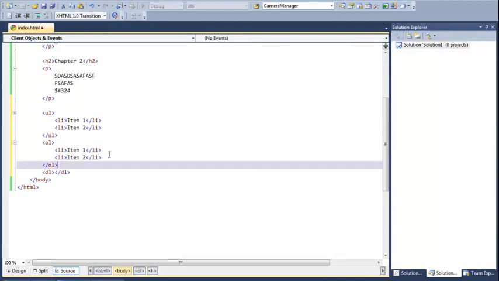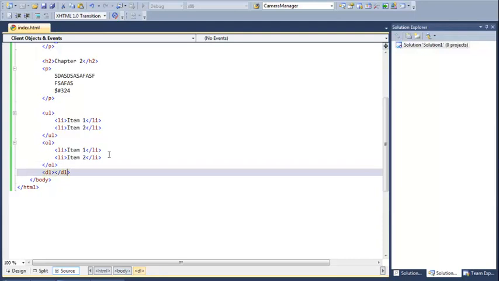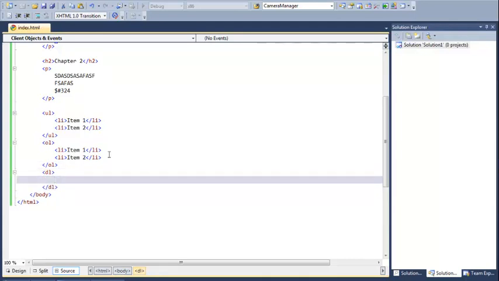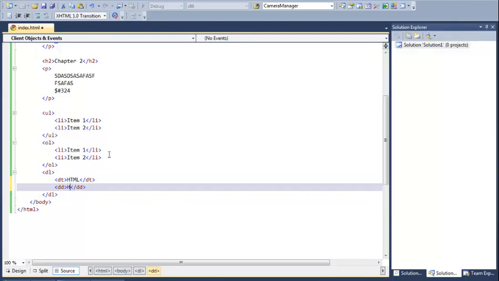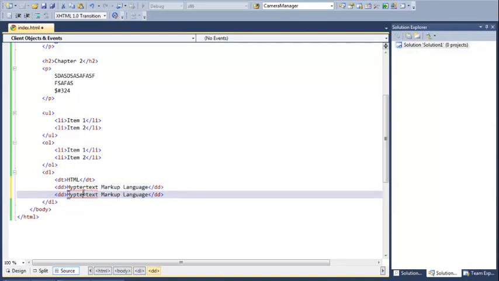And you don't specify a number there, it's just the order in which you put them in? Exactly. The definition list, think of it like terms and definitions. And one term can have multiple definitions. And we'll show that to you because we have 2 child elements that we can put under a DL. And that's DD for definition and DT for definition term. So we'll put DT HTML and then DD and there you go. And then we can also have multiple definitions under a single